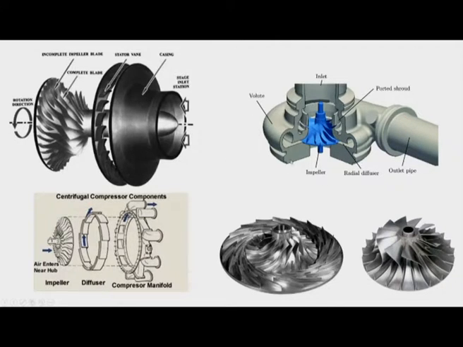Further this diagram is more clear if we see the right hand side. On the right hand side bottom, we can see that there are two types of figures where we are seeing that those are impeller discs. So these are also shown in this slide. There is one more entity which is called the shroud, and the shroud is mainly used to avoid the flow between the high pressure side of the blade and the low pressure side of the blade.